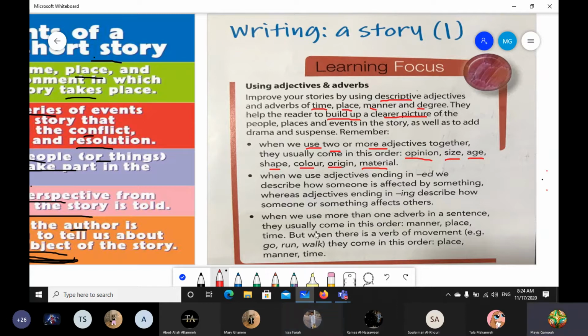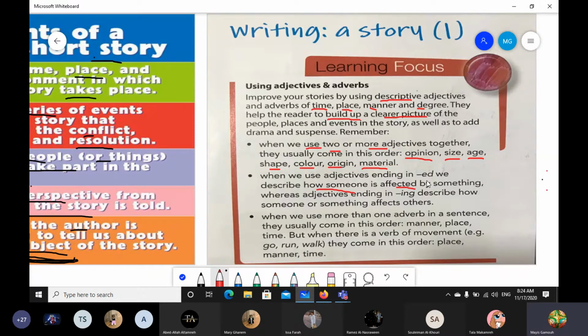All right, let's pay extra attention to this note, in order to understand it more, because many students get mixed up regarding this note. When we use adjectives ending in ed, we describe, here is the keyword, how someone is affected by something. So let's have an example in order to understand it. If I say interested and interesting, if I say interested,